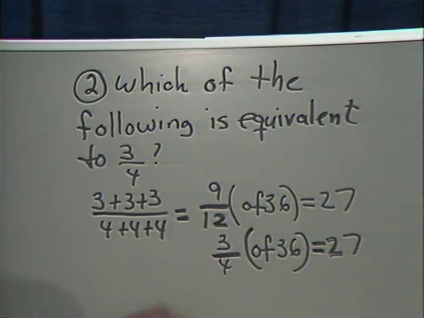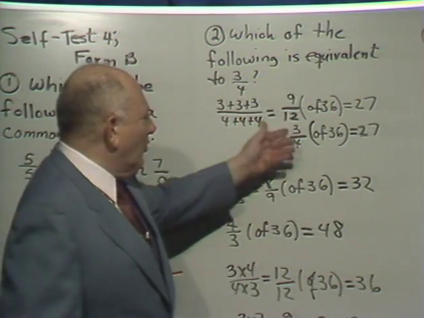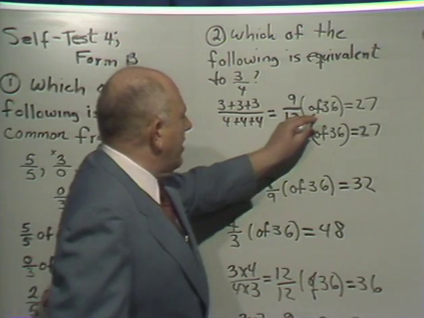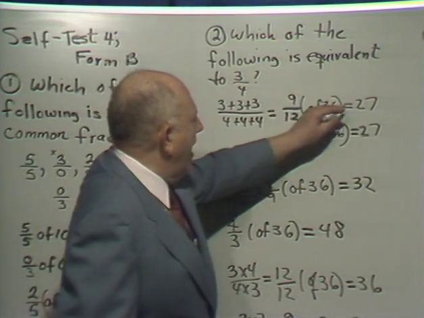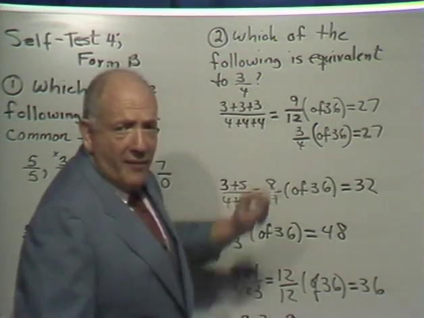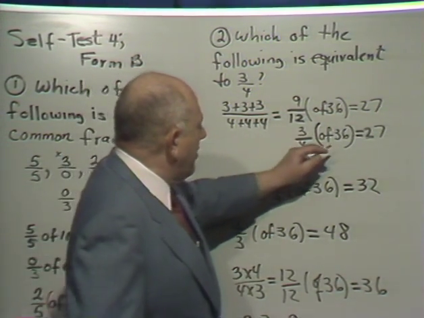Well, since 4 and 12 both go into 36. In fact, they both go into 12, but I just happen to pick 36. Let's see how they compare. 36 divided by 12 is 3. 3 times 9 is 27. So at a rate of 9 out of every 12, you're taking 27 out of every 36. 3/4 of 36,